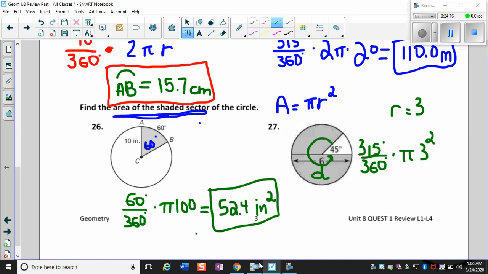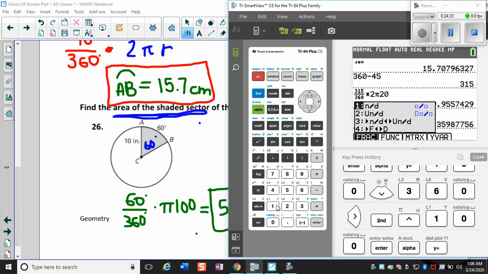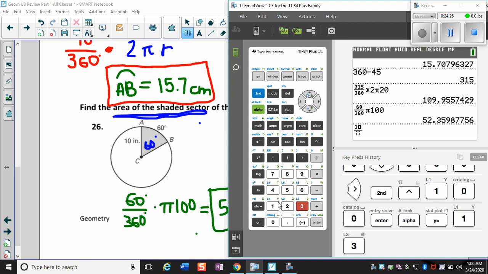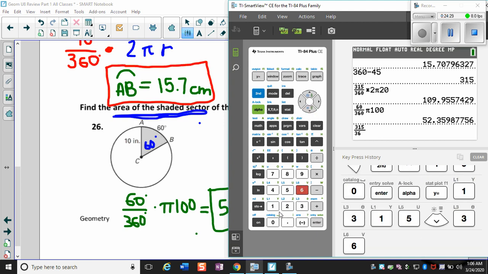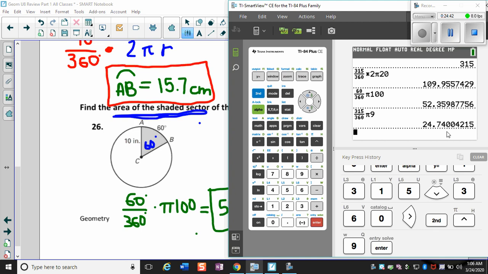Okay, so using our calculator, let's go ahead and do fraction boxes. Alpha y equals 1. Let's do 315, arrow down, 360, arrow to the right. Now we're going to do our pi. And then 3 squared is 9. If you want to do 3 squared, you can. I'm just going to put in the 9 here. And then we find out that we have a value of